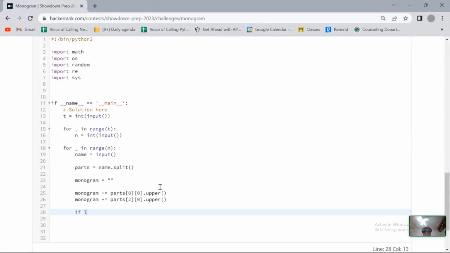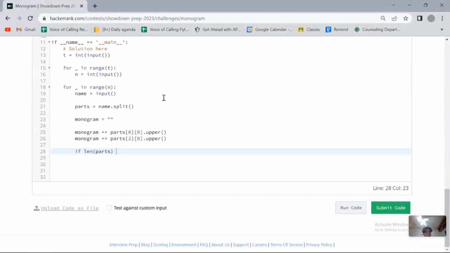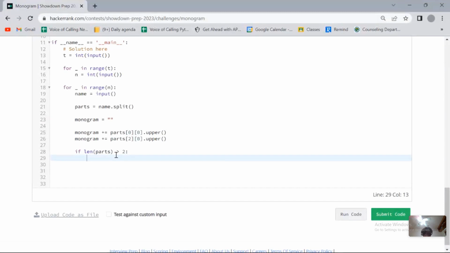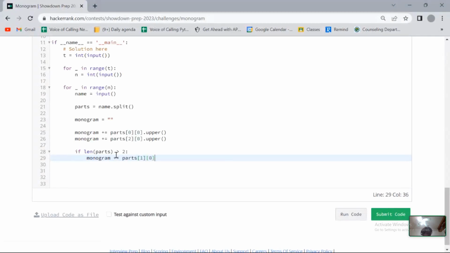We have to check if the length of the parts is greater than 2, because some won't have a middle name, but if it does, then we'll add the middle name monogram. So plus equals parts 1 0 dot upper,